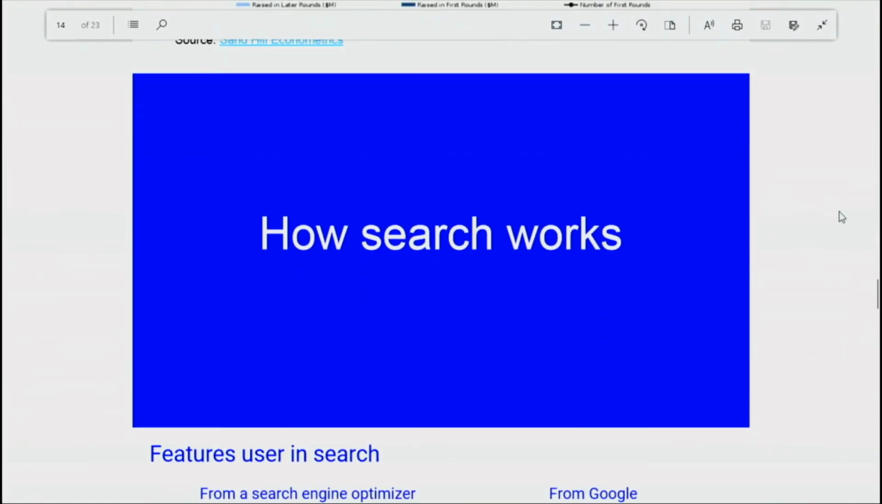Now, a lot of people ask, well, how does search work? This is this algorithmic disclosure. Should a company